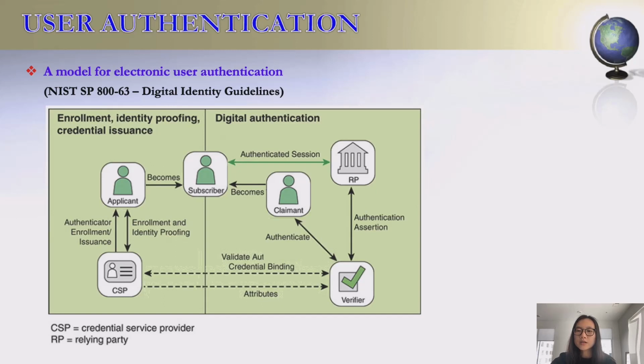The relying party uses the authenticated information provided by the verifier to make access control or authorization decisions. In some cases, the verifier interacts with the credential service provider to access the credential that binds the subscriber's identity and the authenticator, and to optionally obtain claimant attributes. In other cases, the verifier does not need to communicate in real time with the credential service provider to complete